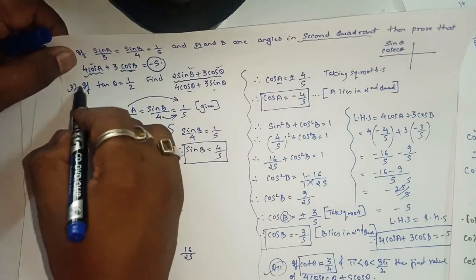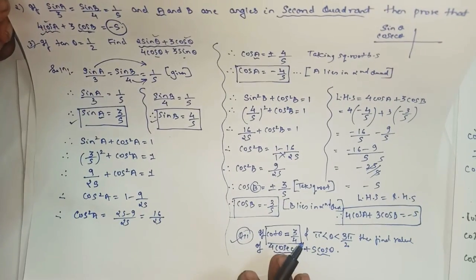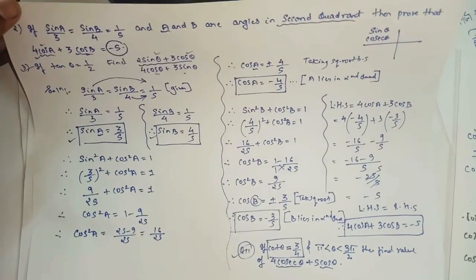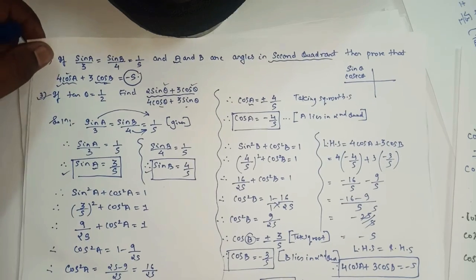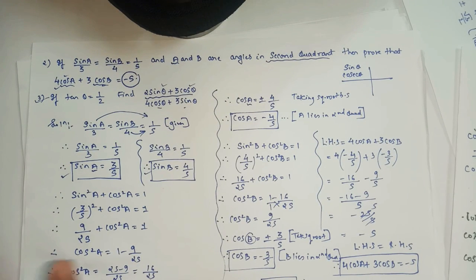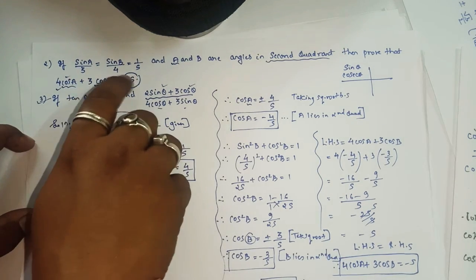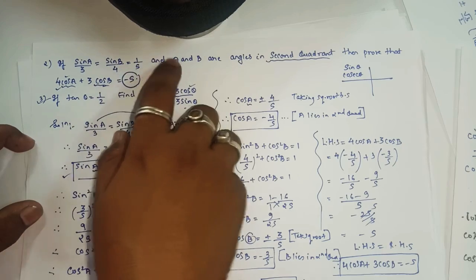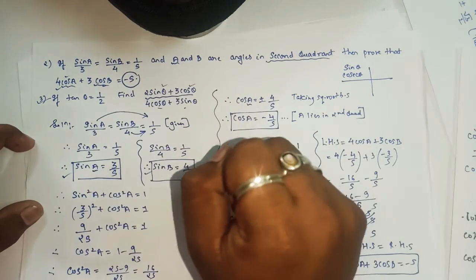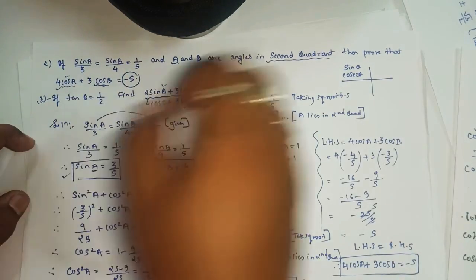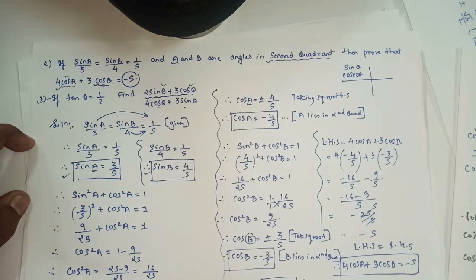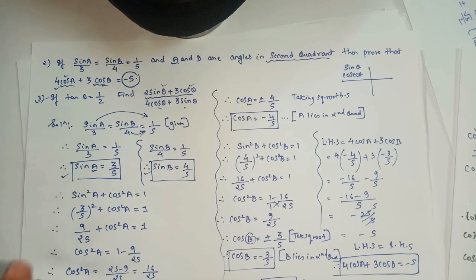So try question number third and question number 7 by yourself. Take these two sums as homework. Okay, so that's the end of the concept based on this part. Whenever you have some values and it says that the angle lies in some quadrant, then you have to find the value, or sometimes it will say you have to show that so and so are equal. Okay, and in the next lecture we'll see the remaining part.